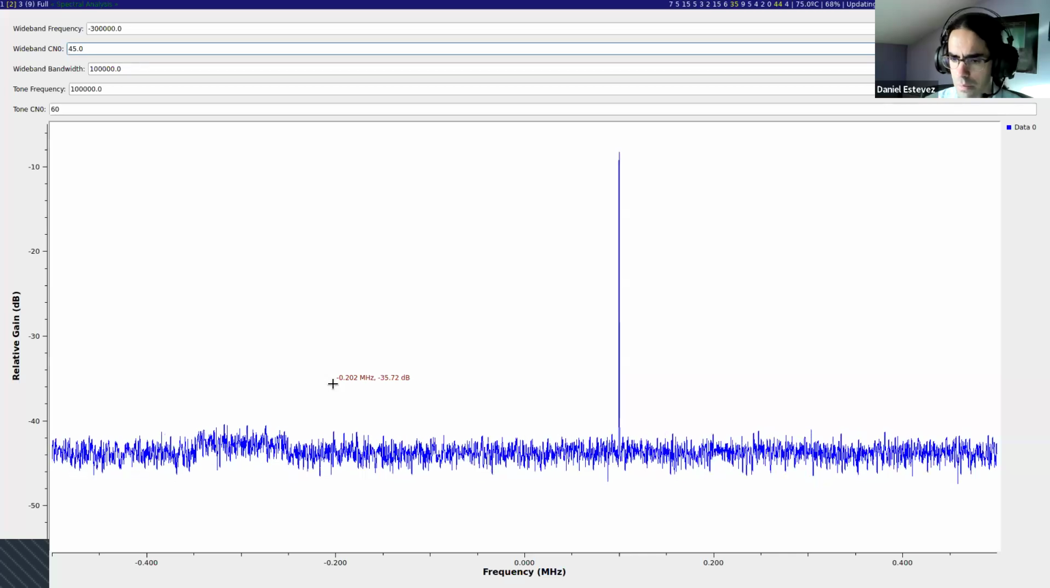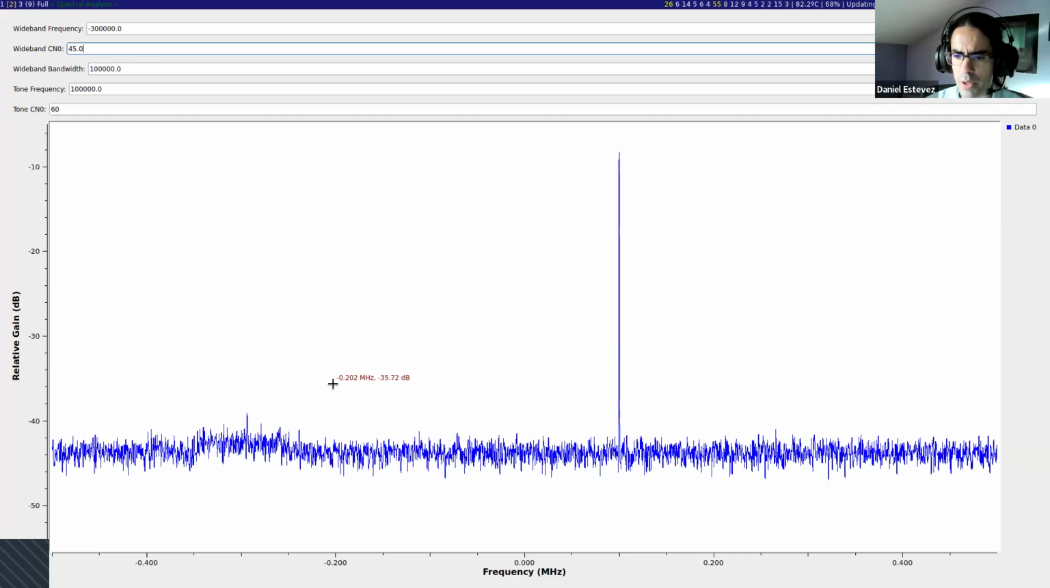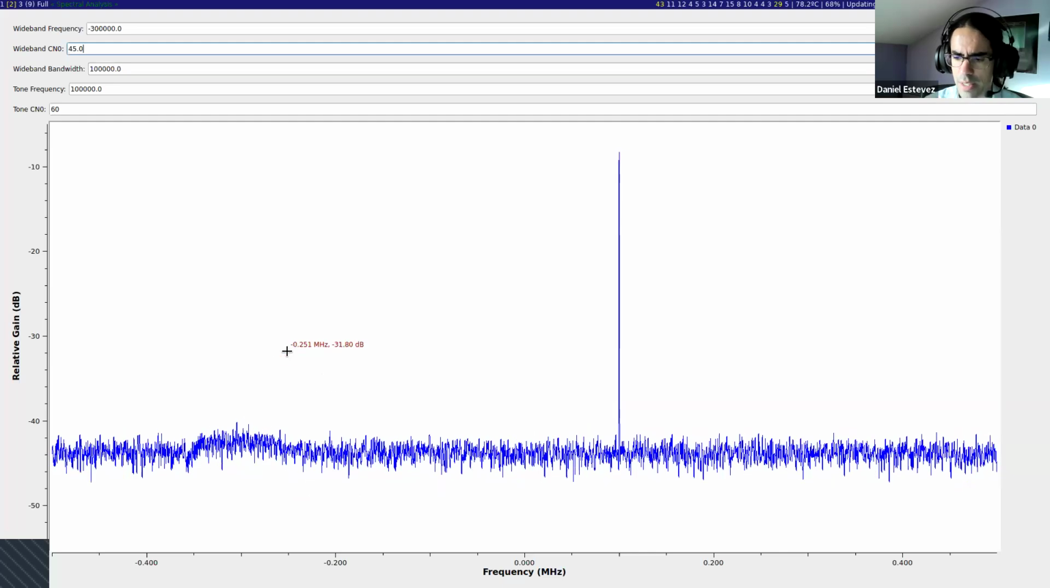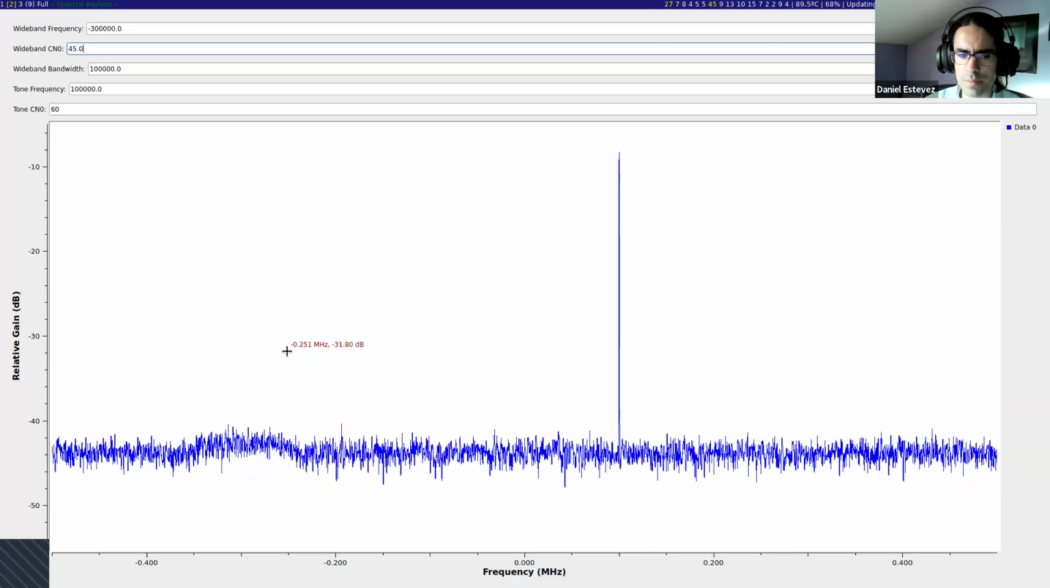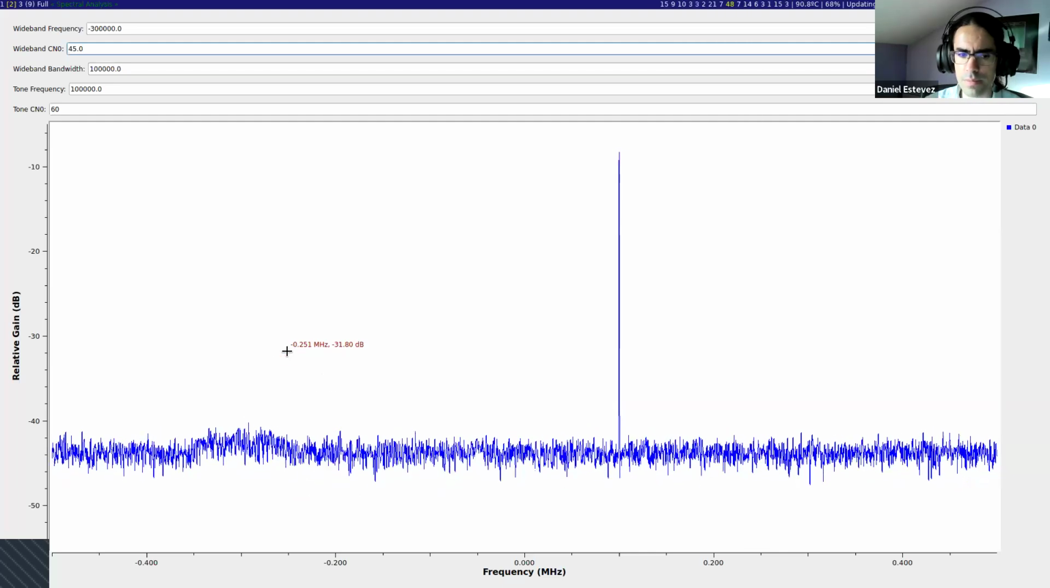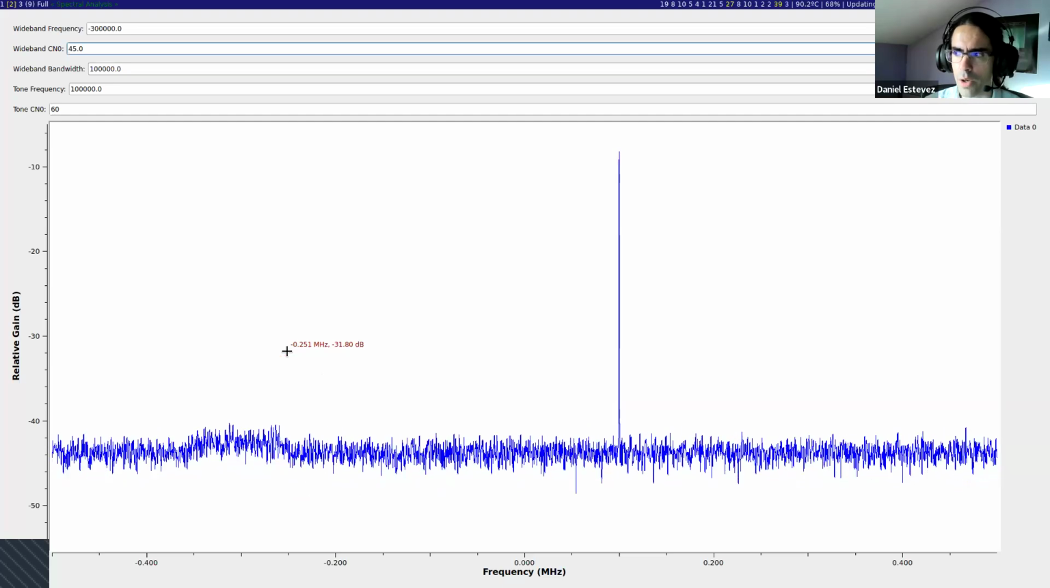And any questions at this point about how to generate this wideband signal? Okay,